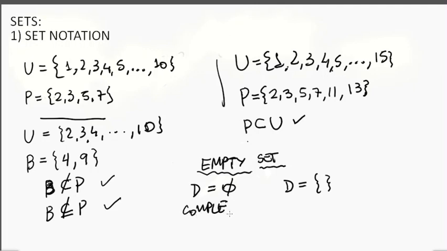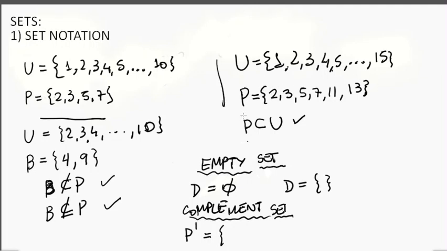So the complement is whatever you need to have the universal set. Let's say that we have this second example here. If I asked you, what's the complement of P? We denote that by P slash, or P prime. So we have to write all the elements which are in our universal set, but are not in our set